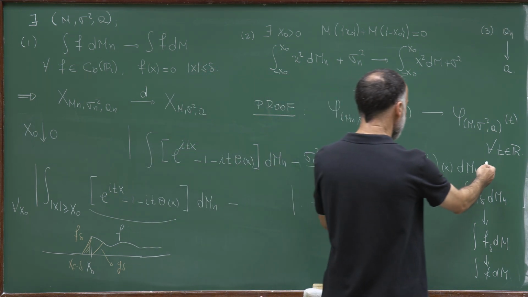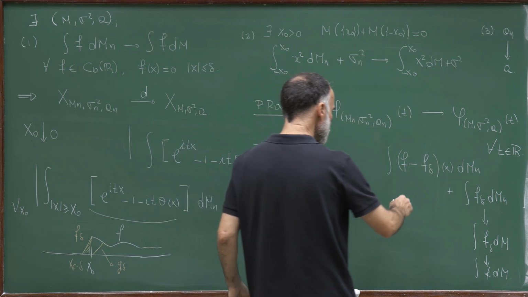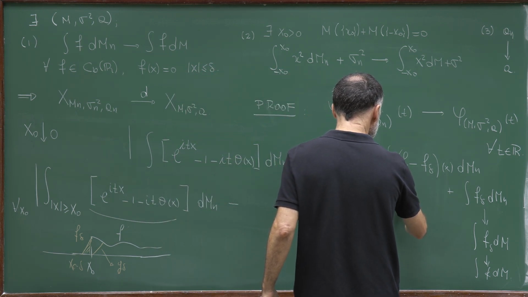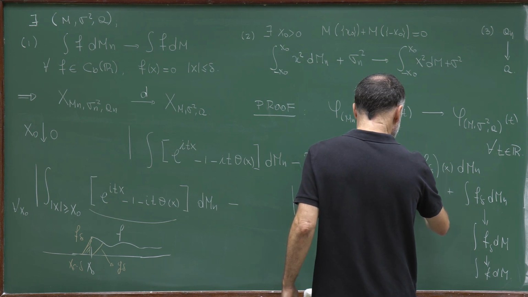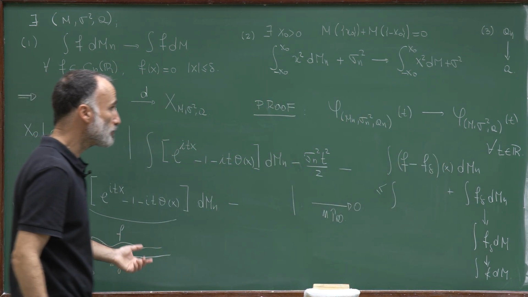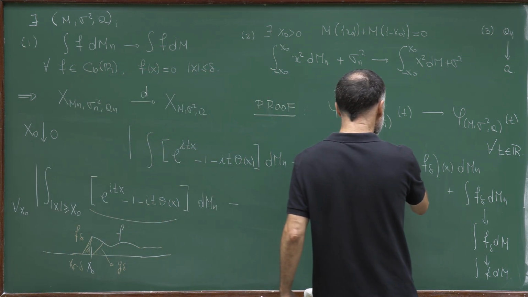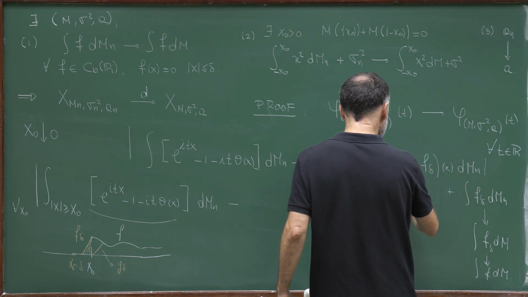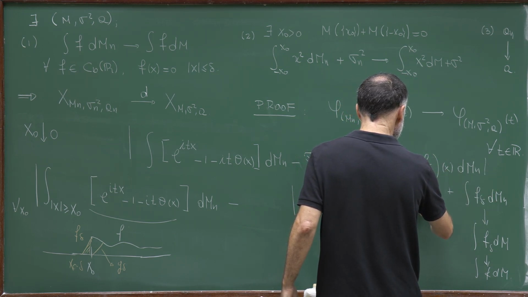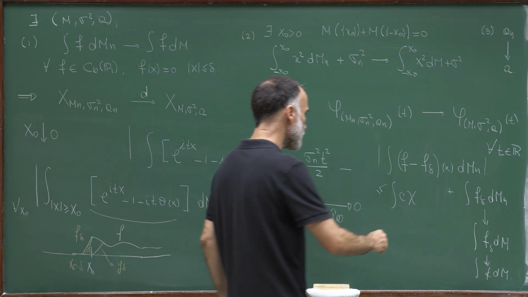Now I have to say that this expression here is bounded. Well, I can bound it by, so f minus f delta is bounded by a constant. So in absolute value, it's bounded by a constant times the indicator of an interval x0 minus delta